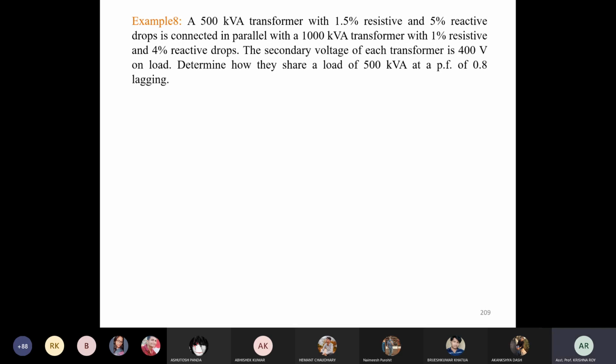So first of all, what is the situation? Two transformers are connected in parallel having unequal kVA ratings, and their resistive drops and reactive drops are also given. So from that you will be able to check whether their reactance to resistance ratios are same or not, their impedances are equal or not, etc. Okay, so how to determine? First of all,